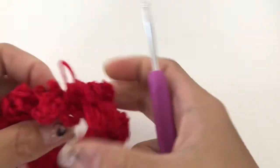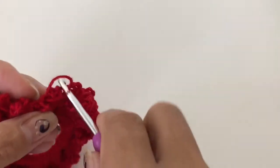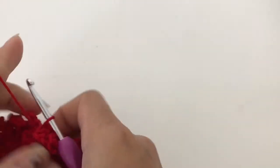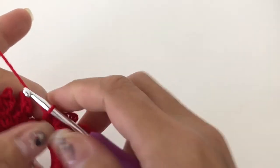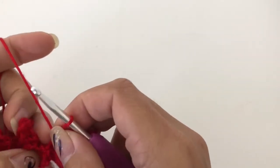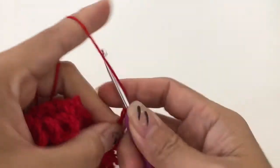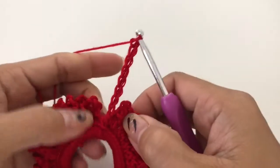Hello guys, so I just finished the first row. When you get here, you can just leave it just like that, or you can add more. So I am here now, and this is my last chain there. Now what I'm going to do is just chain 8, 2 3 4 5 6 7 8,